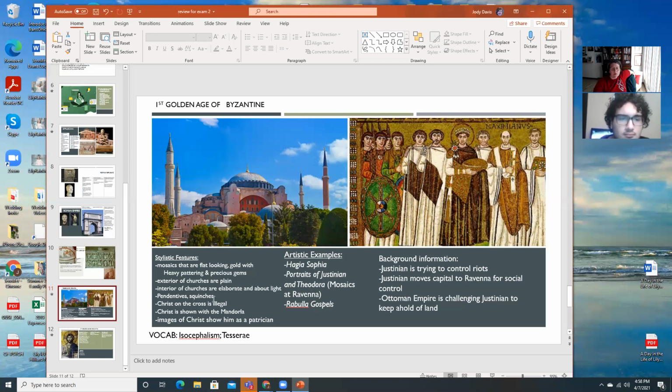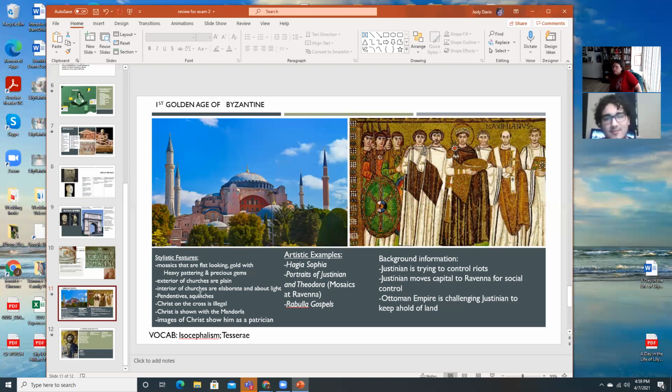Okay, let's see. Remember the difference between a pendentive and a squinch? Anybody remember? Oh, the squinches. The pendentive is that part that supports the dome on top of the dome, sort of like. And the squinches, there are like four of them, but I don't know exactly what the difference would be. Like, what is the squinch doing that the pendentive isn't doing?